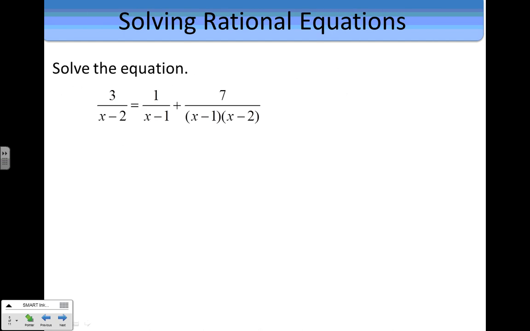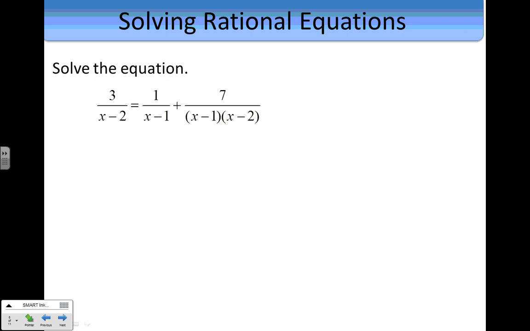All right, so let's go ahead and try an example where we're solving a rational equation where we have polynomials in the denominator. So we have 3 over x minus 2 is equal to 1 over x minus 1 plus 7 over x minus 1 times x minus 2. So I need to find the least common multiple and multiply by it. Whatever I multiply by, because I have to multiply by the same thing on both sides,